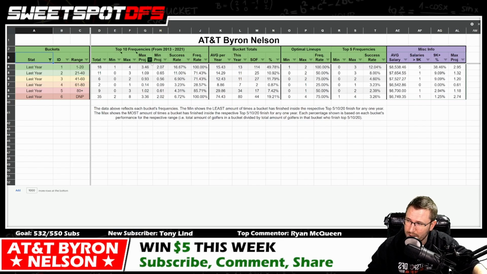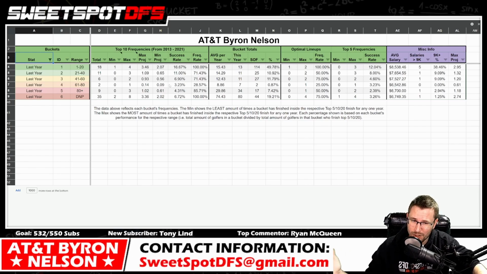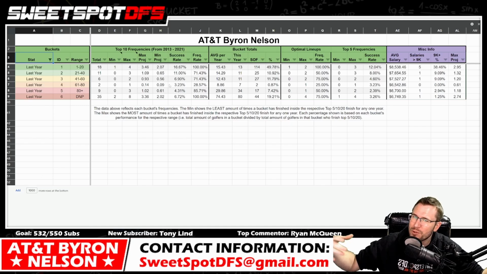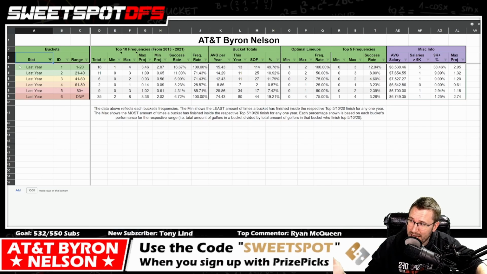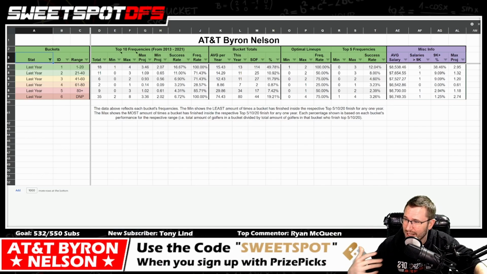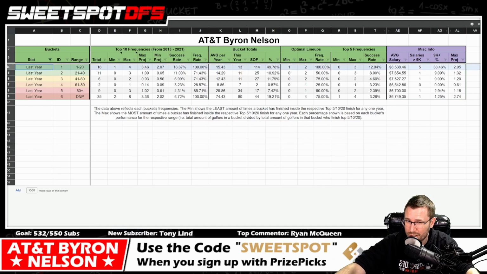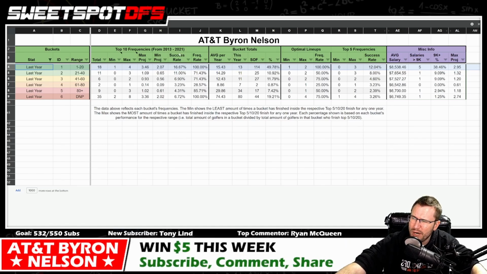So when it comes to last year bucket, does playing this event the year before matter? And of course, this is taking into account the entire tournament at each of the golf courses it played at. So you got to keep that in mind. That being said, I think it's an overwhelming yes. And I think a lot of it comes from the strength of field points. So having a top 20 finish at this event proves to be pretty successful. I mean, the success rate is pretty high,